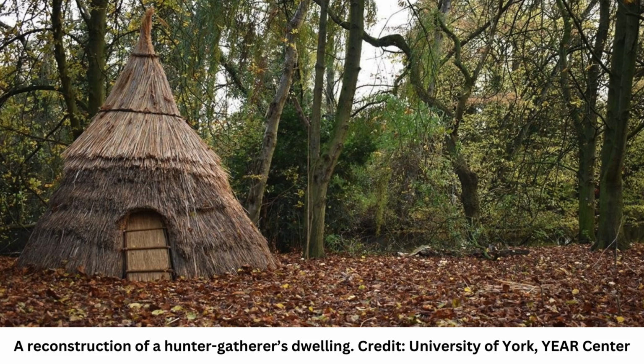Now research teams from the Universities of York and Newcastle have been able to pinpoint where in the home various domestic duties would have been carried out. Archaeological evidence from Star Carr has shown that hunter-gatherers likely kept an orderly home by creating zones for particular domestic